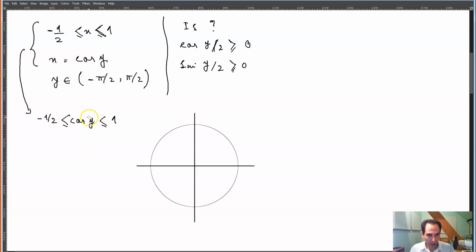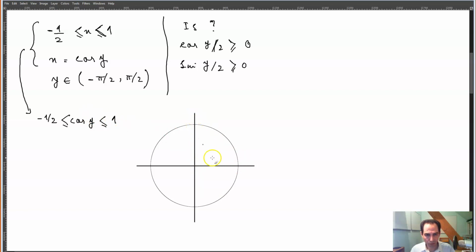So what angle do I need so that the cos of y is between negative 1/2 and 1? Of course, I know that cos is measured across the horizontal axis. That means that negative 1/2 would be some distance over here, and 1 would be this distance over here. That means that all of the y's in this unit circle, starting from